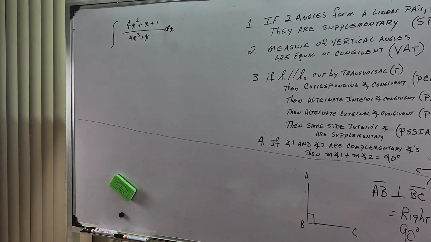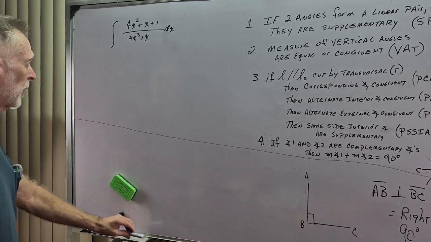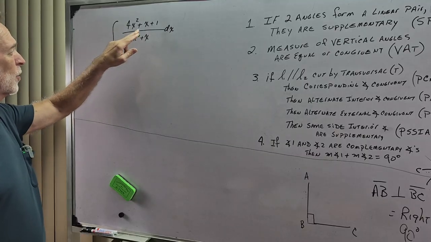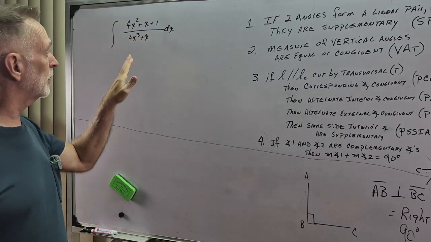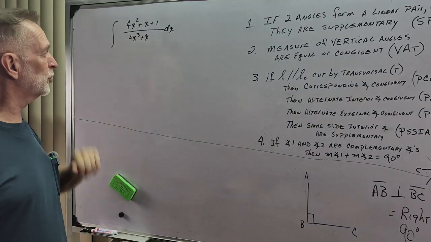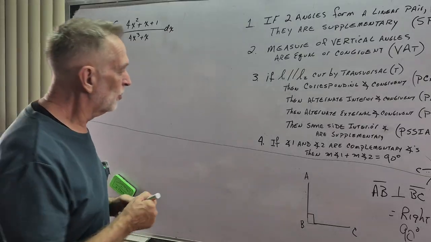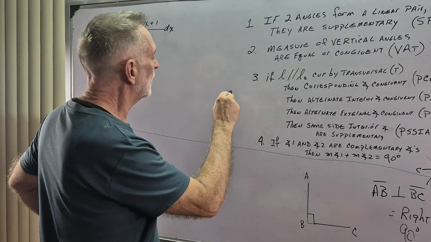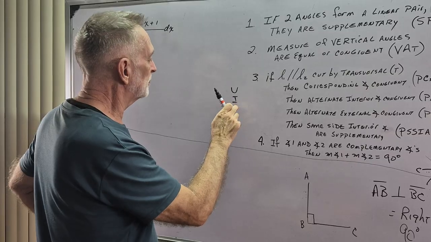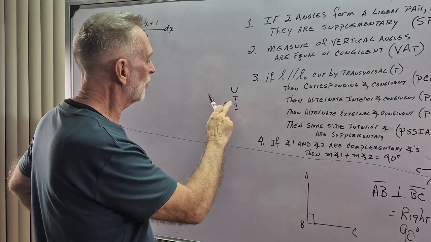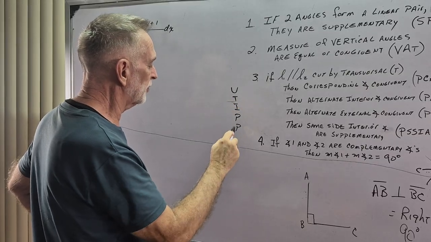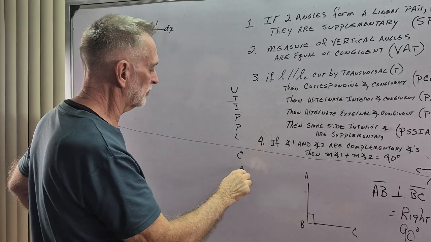Hey guys, Dr. Brown here, and tonight we're going to integrate (4x² + x + 1) divided by (4x³ + x). You know the rules. We have u-sub, trig sub, integration by parts, partial fractions, power reduction, long division, and completing the square method